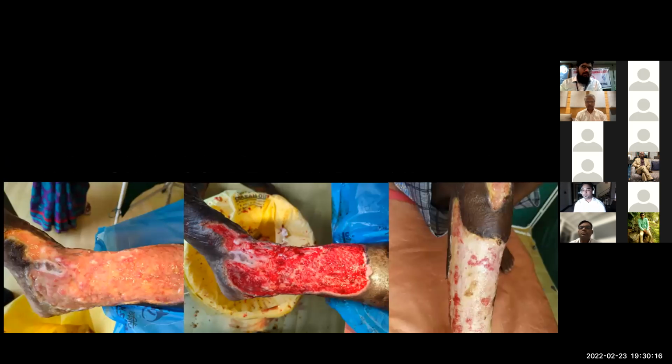This is one patient of ours who came to the casualty with necrotizing fasciitis of the right lower limb. Following 2 weeks of continuous debridements, the middle picture shows a healthy granulating wound, and the picture on the extreme right shows post-op day 3 with good uptake of a split thickness skin graft.